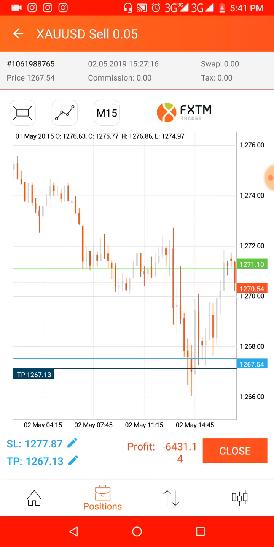So my position in this trade is to sell. I set it in such a way that I take profit when the price drops to a certain point. So in this case, my TP